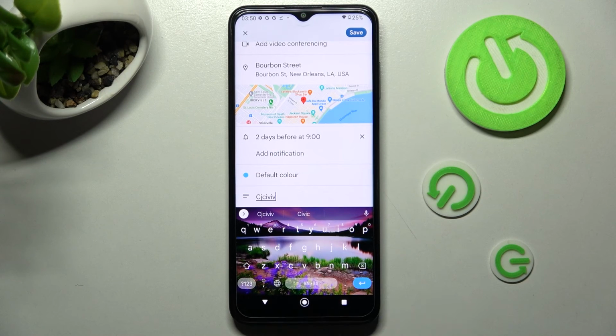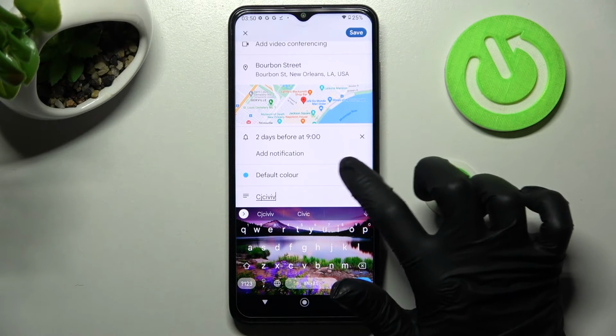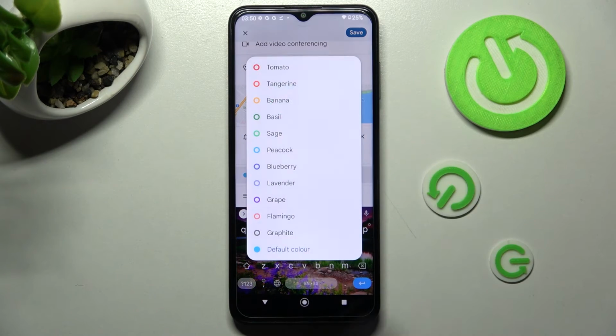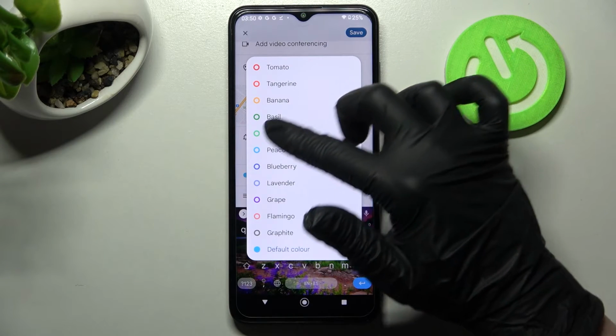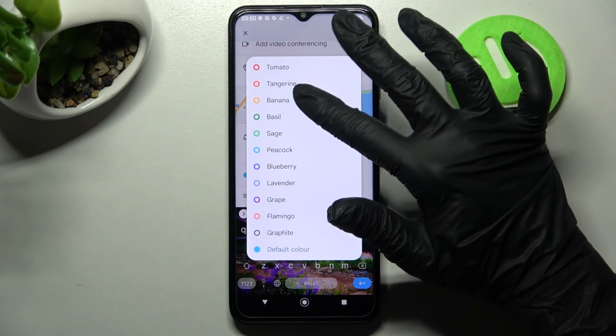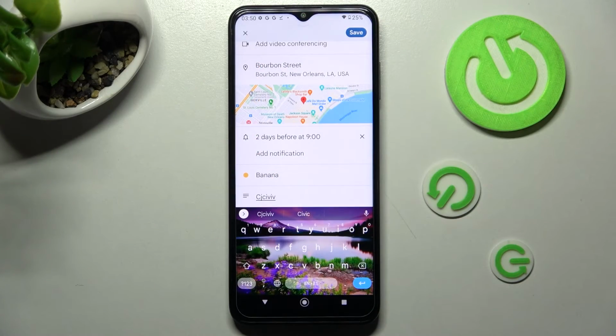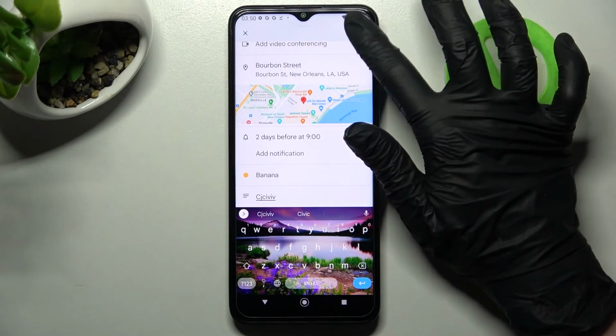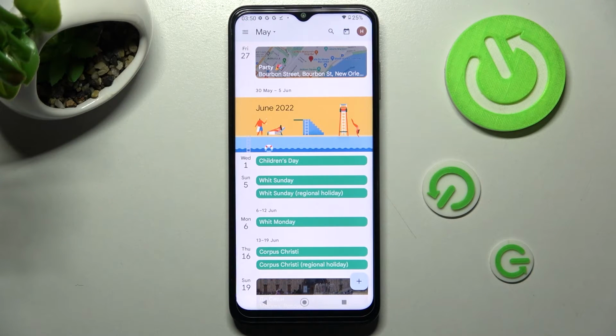take notes, and even click on default color and change color of your event for it to stand out more if you're in your calendar story. I will go with banana. Then just save at the top right corner, and as you can see after that, finally, my event was